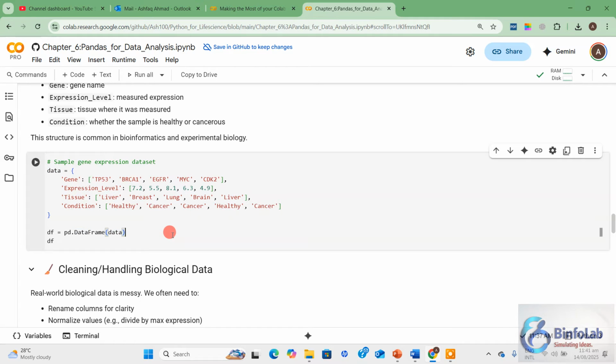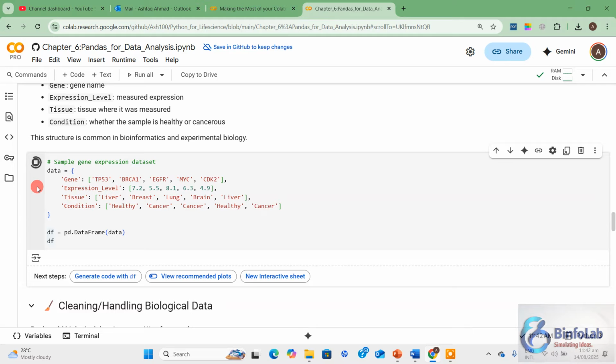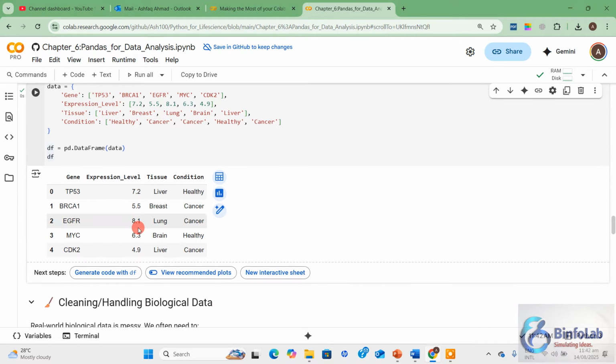We save this data as a DF, a data frame. Now we want to print the data frame, so we just write DF. Once we click here, it will run and provide our data in this form: gene column, expression level column, tissue column, and